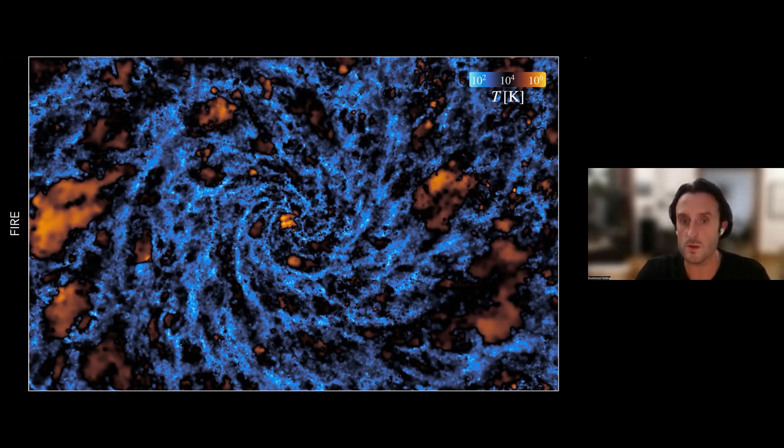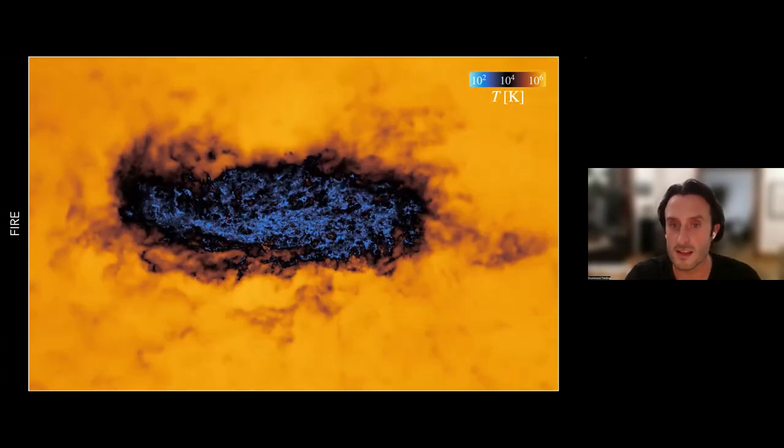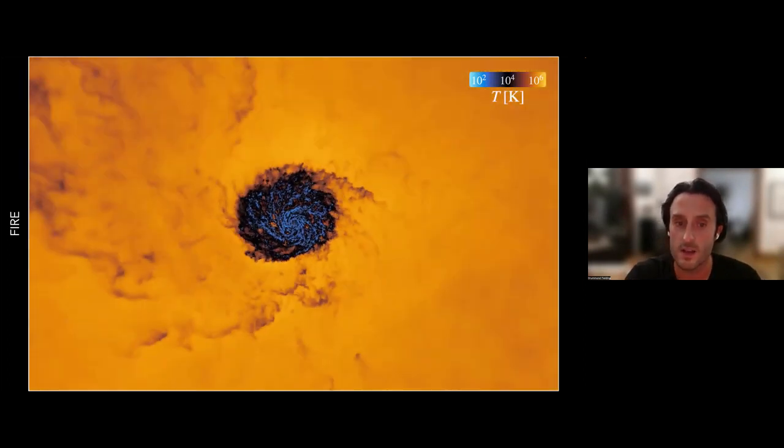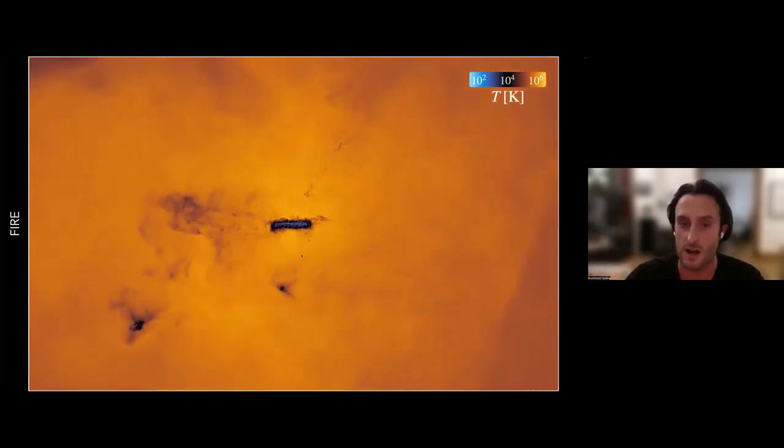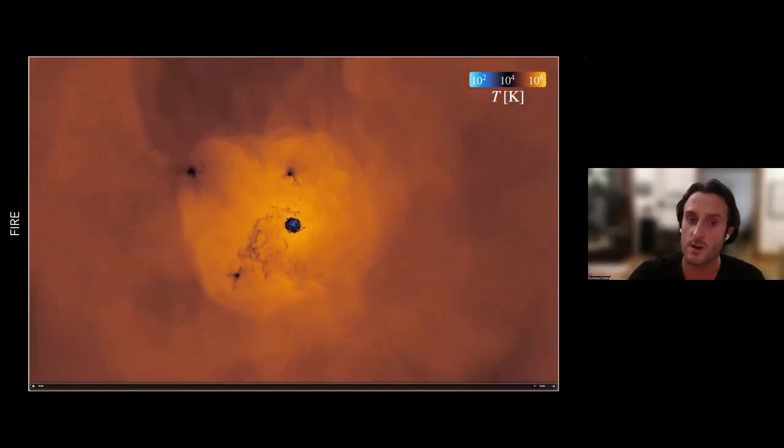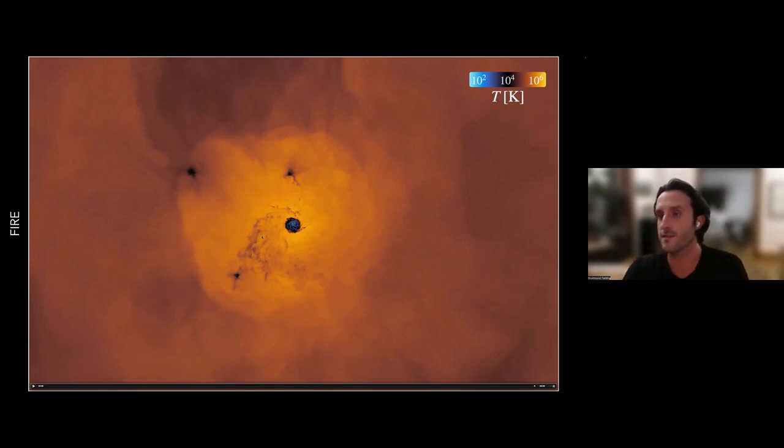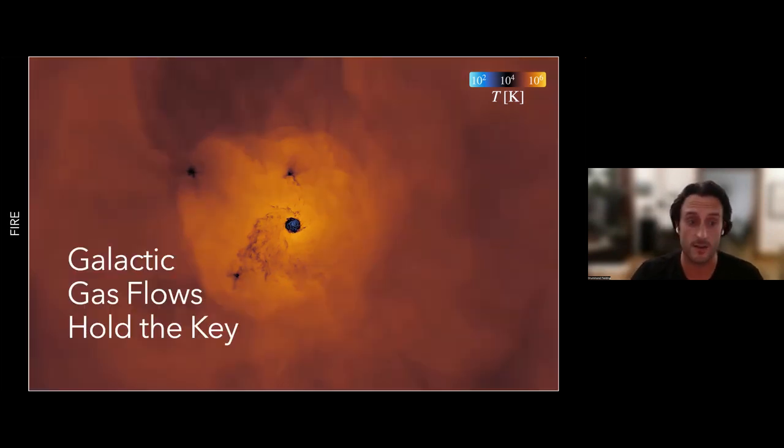But if I slowly zoom out and flip this galaxy around, you can see there's all kinds of very rich dynamics going on, not just within the galaxy, but also around it. You can see there are 3 satellite galaxies. There's a long cosmic weather feature, you might think of this as. This is cool and cold gas raining down onto the galaxy, some of it being stripped out of the satellites. And there's all kinds of really important interactions going on in and around galaxies.